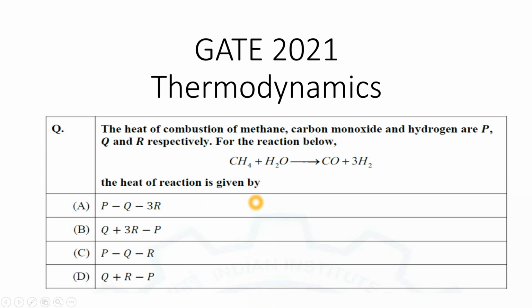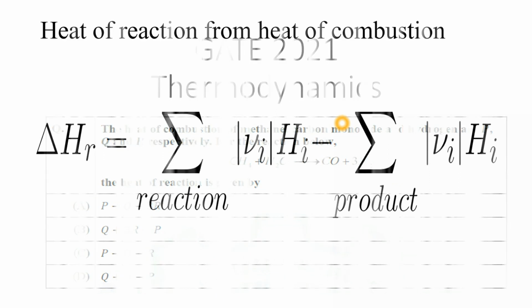Right. So remember this, we are given heat of combustion, not heat of formation. Whenever we are given heat of formation, we use Hess law. How can we calculate the heat of reaction from Hess law? It is the heat of formation of CO plus heat of formation of H2 into its stoichiometry, minus heat of formation of H2O minus heat of formation of CH4. From this you can calculate the heat of reaction if we are given heat of formation, but here we are given heat of combustion.